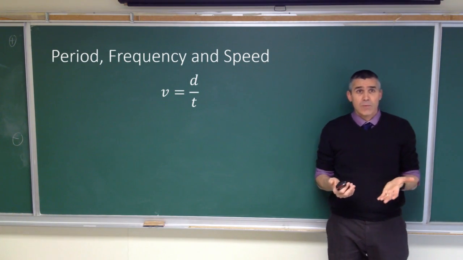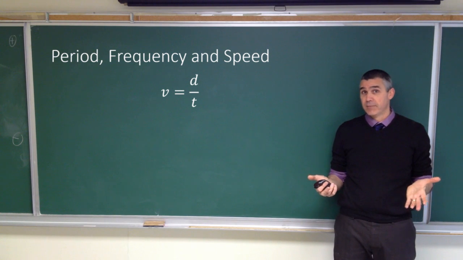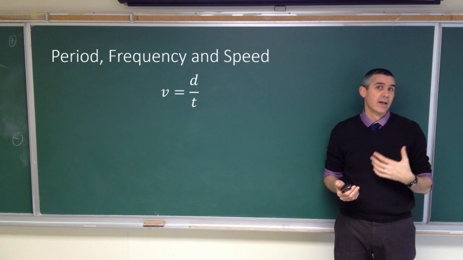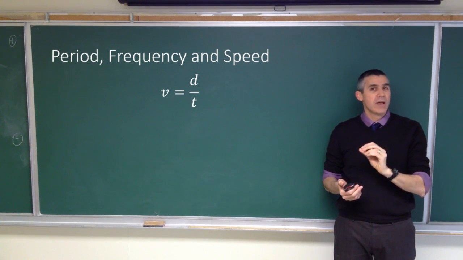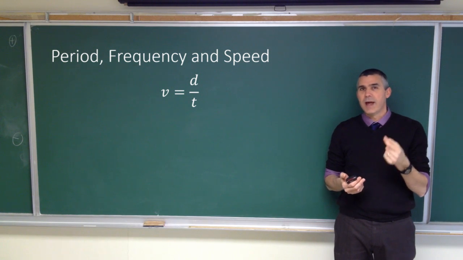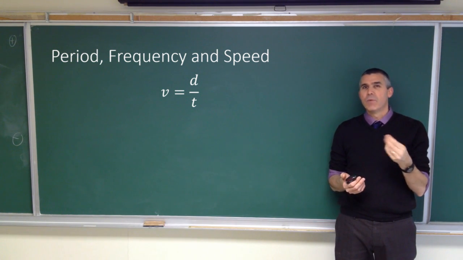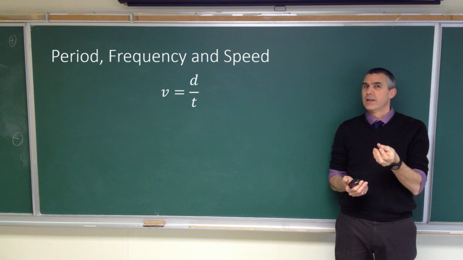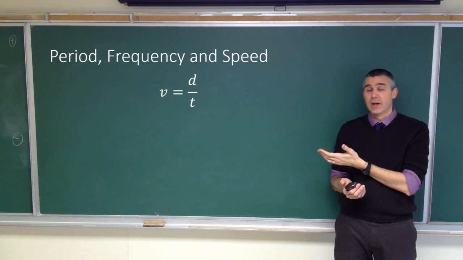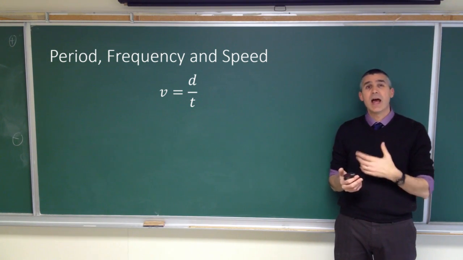So, we all know that speed is equal to d over t, right? We've been doing that since, I don't know, grade 5, grade 6, something like that. If we're going to look at the speed of the wave, so v is equal to d over t. Now, what property of the wave might relate to the d, the distance value? Well, we've got the wavelength, which is a measure of length, and then for t, we have the period